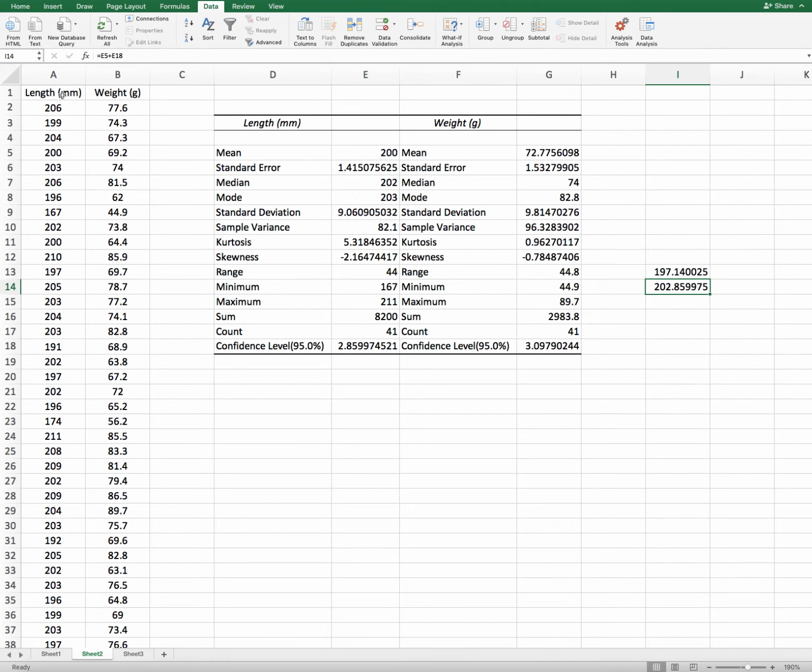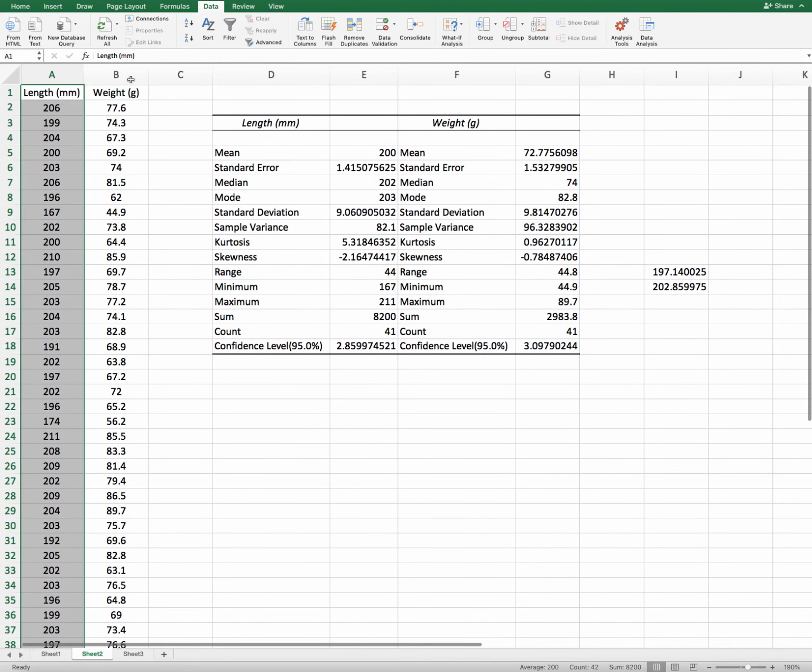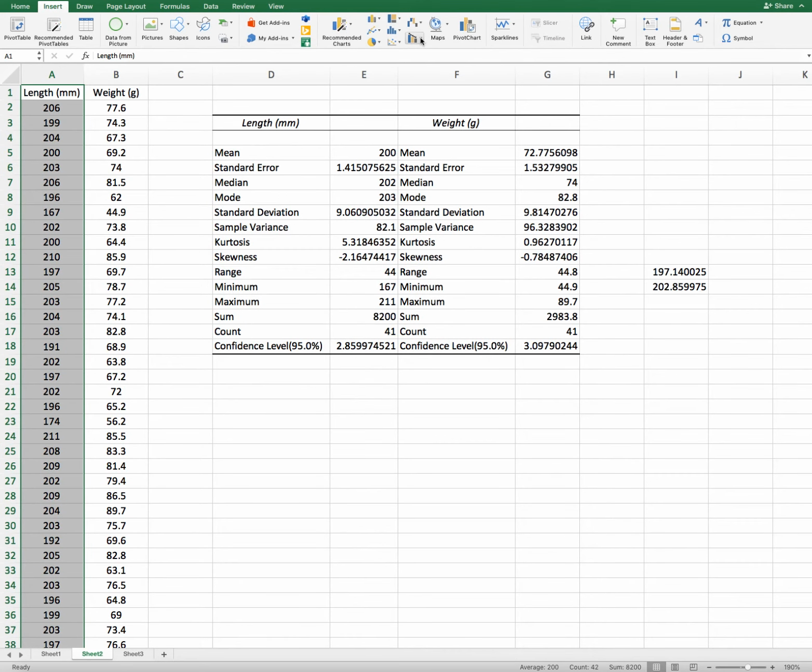If you do this with a plot, then you can see the kurtosis and skewness proved to you. I'll just show you that: select the length, and I will do the analysis, that is here the histogram. If you plot your length data in a histogram, a histogram is nothing but the frequencies of the data, meaning how many times each value appears in your data set.